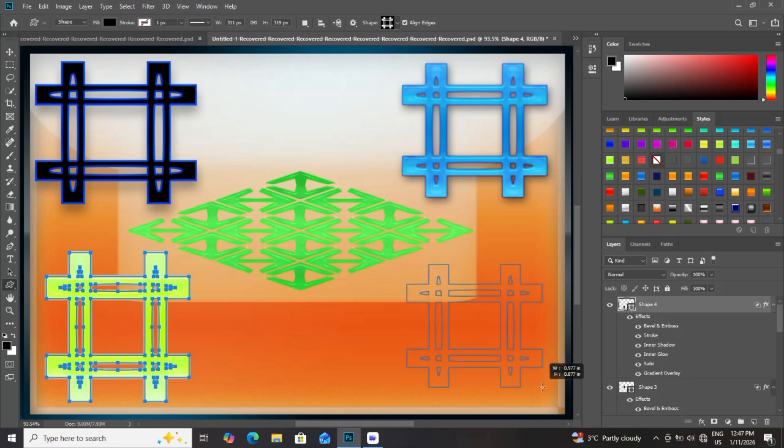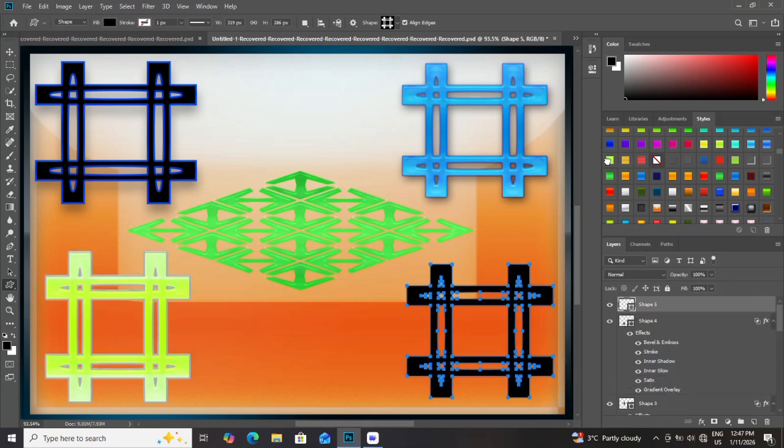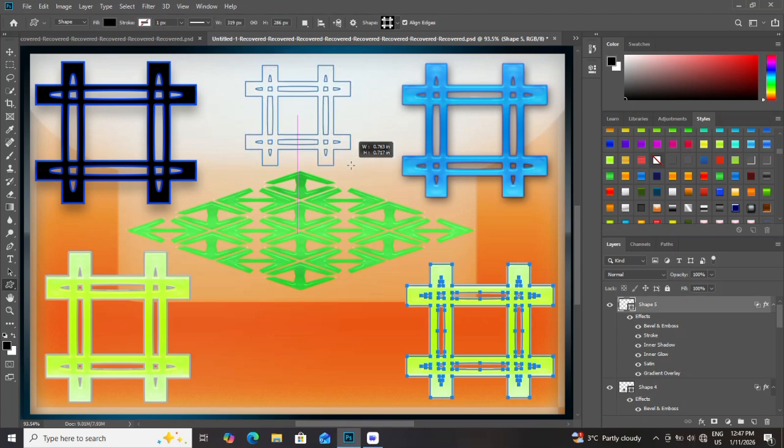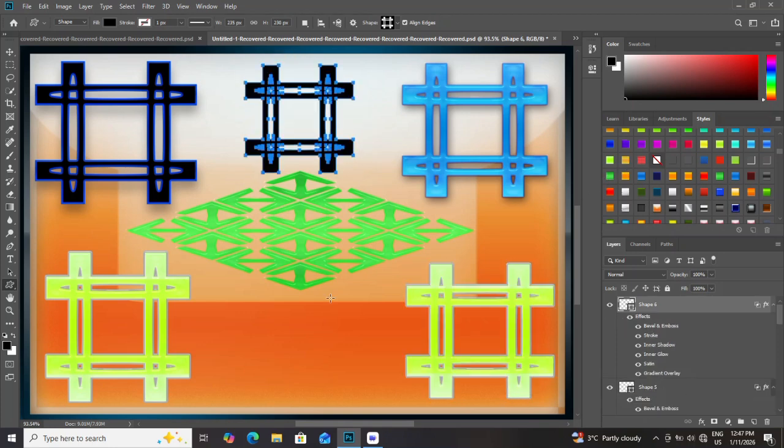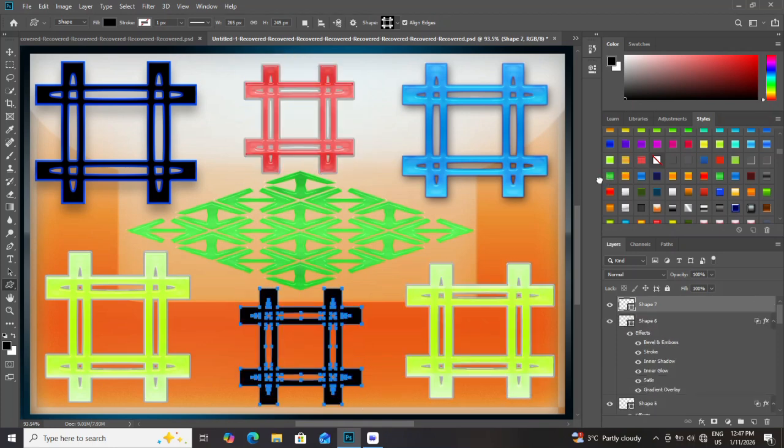I zoom in and refine edges for smooth transitions. I choose colors to highlight key business elements and text for the event. I add text layers using the Type tool, ensure